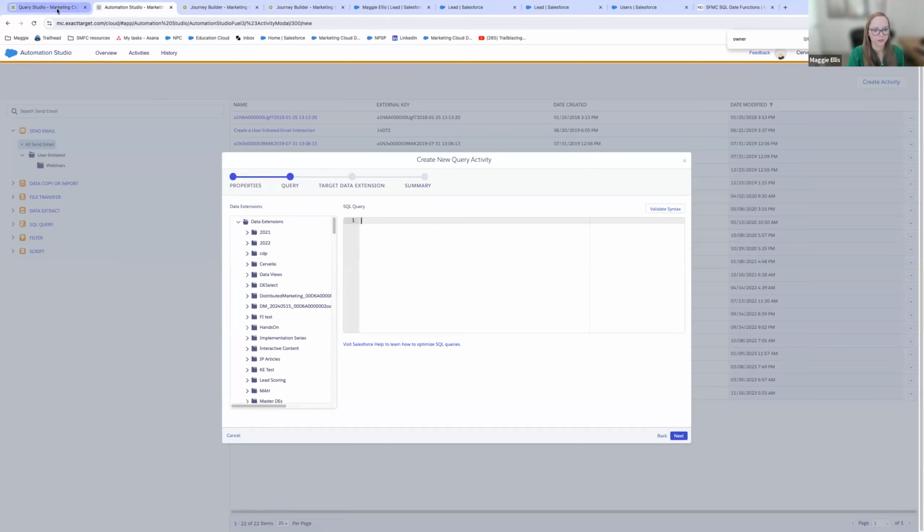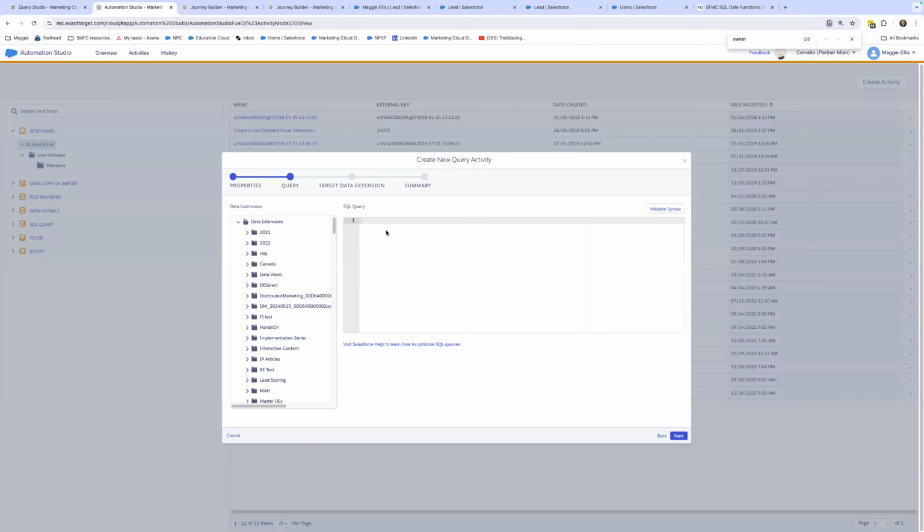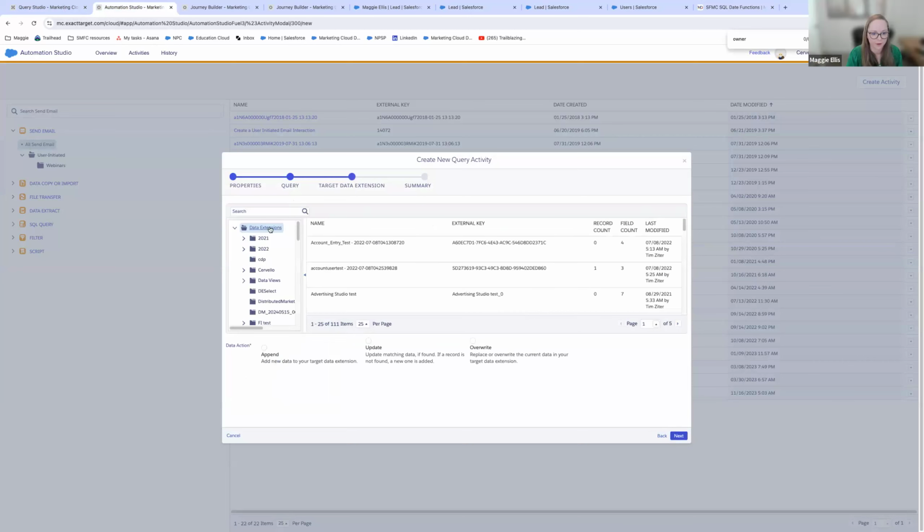So we're just going to dump this query in there. Exactly. And then our target data extension is the one that we just created. Correct. I should have put it in the correct folder, but